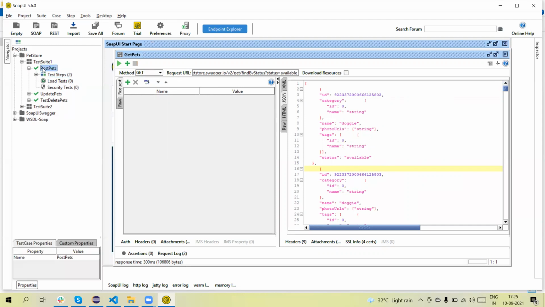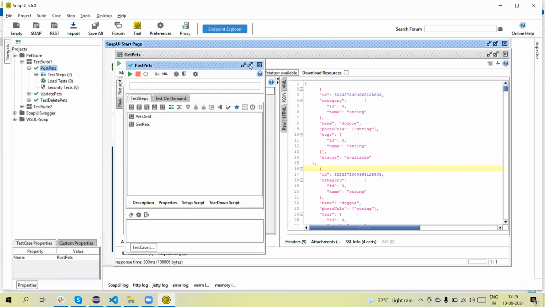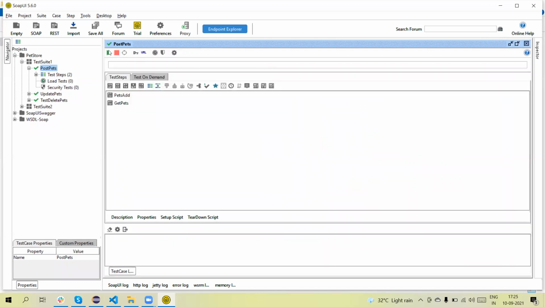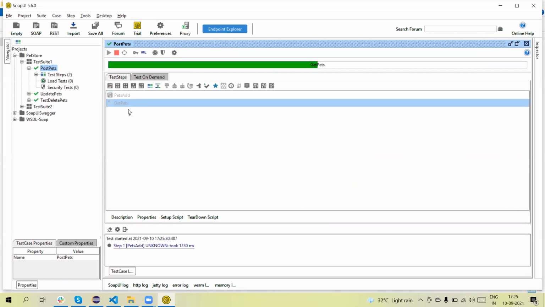When we are running at the test case level, select the test case, and you will see the window like this. Here is a play button and this is a stop button. So if the test is running, we can click on this and that will stop. Here you can see all the test steps that we have added in the test case. On the top there is a run this test case button. Click on this, and you will see both tests execute. This is the way we can execute the test cases at the test case level.